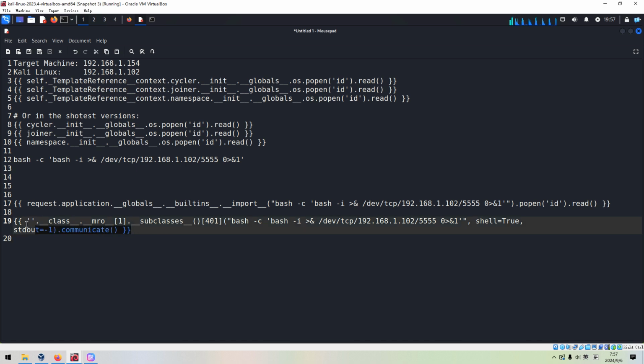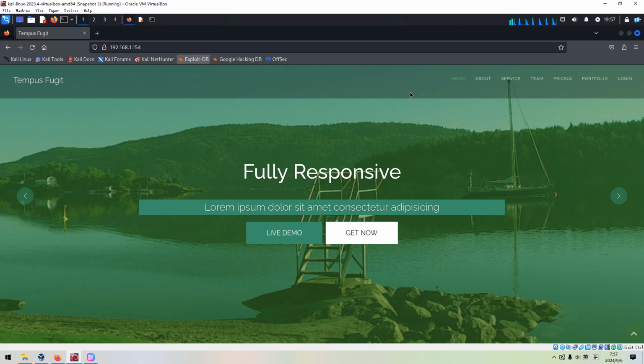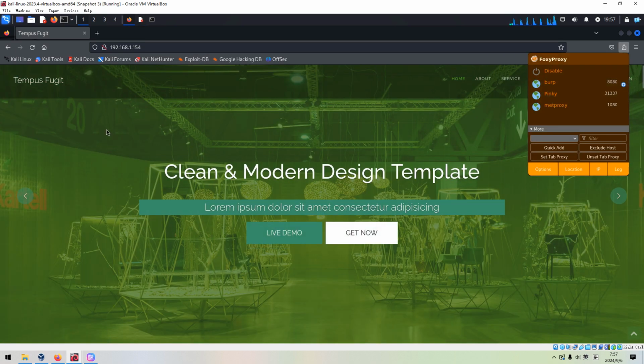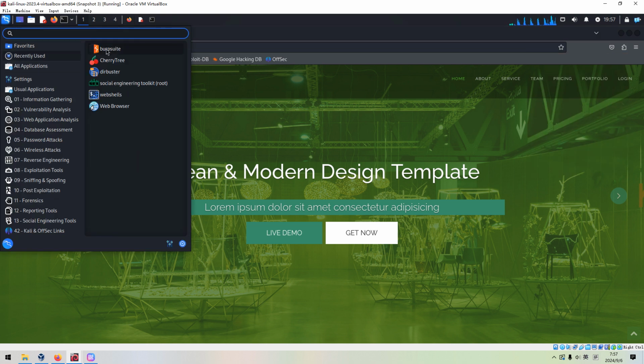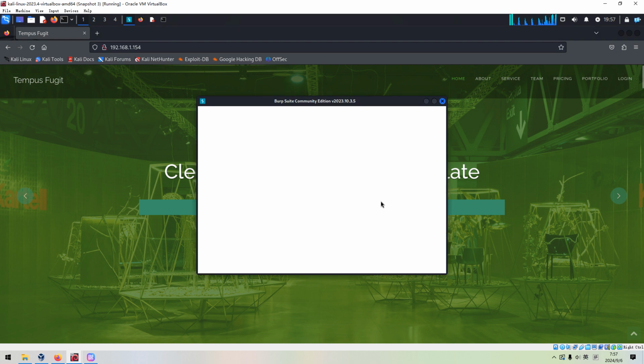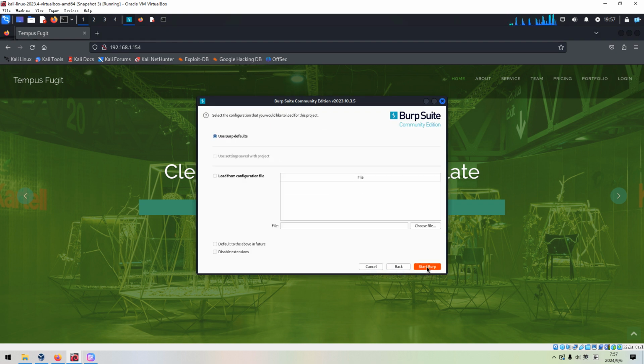In action, we can copy, and we can enable the proxy. Launch Burp Suite. Next, start.